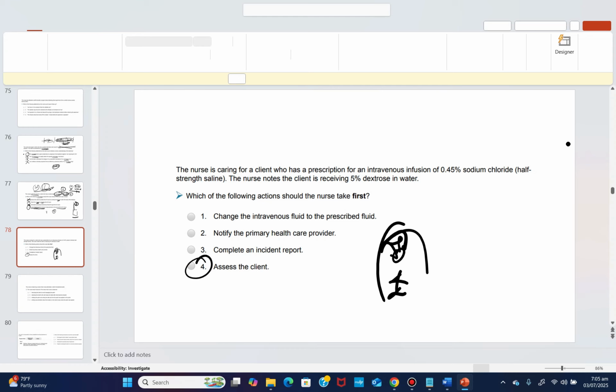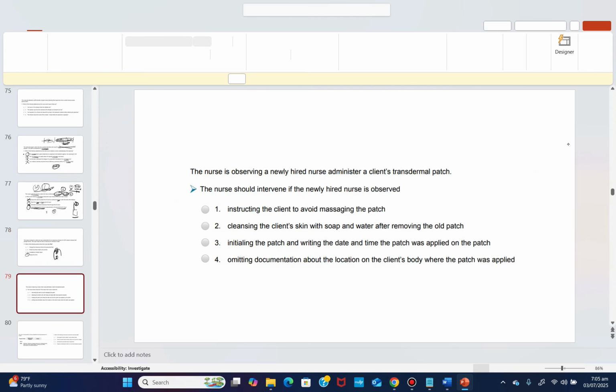You need to assess that client first, right? Hope you are learning, right? Because I want to walk you through a process so that you have a smart way of thinking, and you can defeat any question on the exam. I don't want you to be defeated by the question. I want you to defeat the question. This is how I want you to think so that you can pass the NCLEX. So let's proceed to the next question.